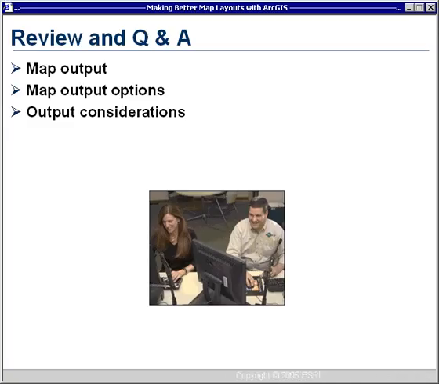the data frame. A couple of things I want to add to that is that any of the graphics that you added in a focused data frame, Peter showed you this earlier where you double-click the data frame and you get that sort of hatched border, anything you added while the data frame was focused will rotate with the data frame. If you added graphics or text that was not during a focused data frame, that won't rotate when you